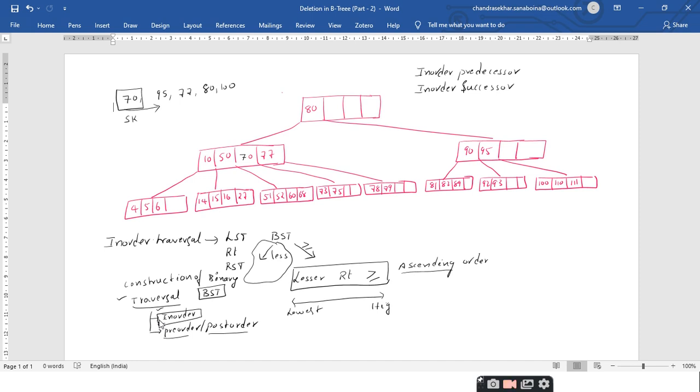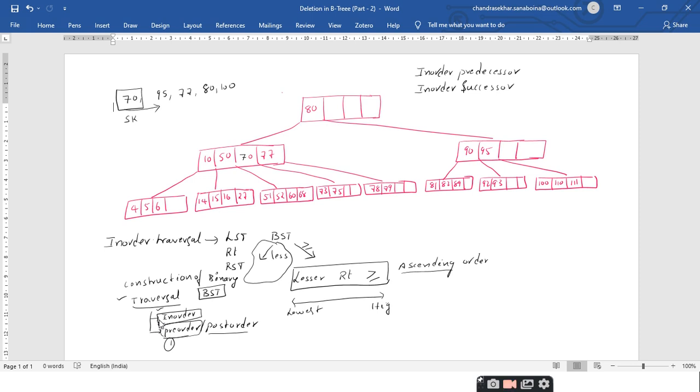Right. So these are the questions we will get in competitive examinations. If you go for the GATE examination, then you will get such type of question. You will be asked to construct a binary search tree, or a question may be like this: you will be given a pre-order traversal of the BST, and you are asked to find out the post-order traversal. You will have four choices, multiple choice questions. By making use of one pre-order traversal, you cannot construct a binary tree, but by using one traversal, you can construct a BST by making use of the property of the in-order traversal of the BST.